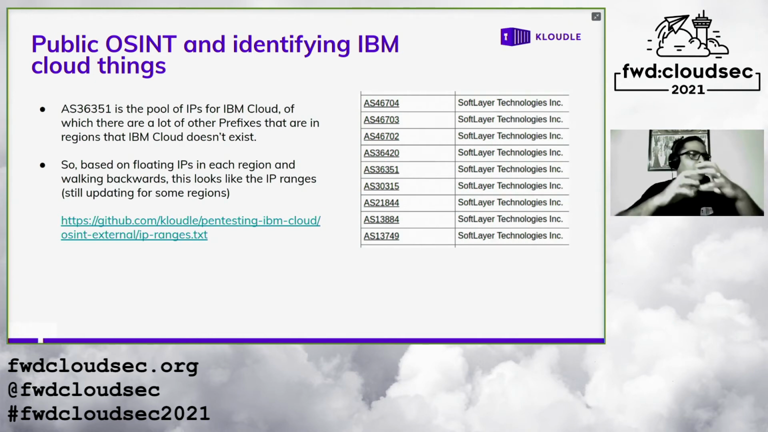Some work has to be done separating them into different ranges, or regions, so you would know what belongs to Sydney, what belongs to UK and US regions, right? So based on the floating IP addresses in each region and walking backwards, I was able to figure out what different IP ranges exist. And one of the things that,